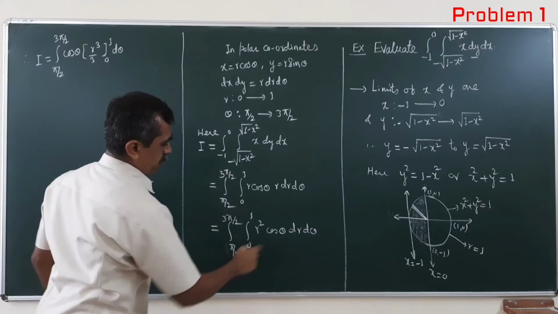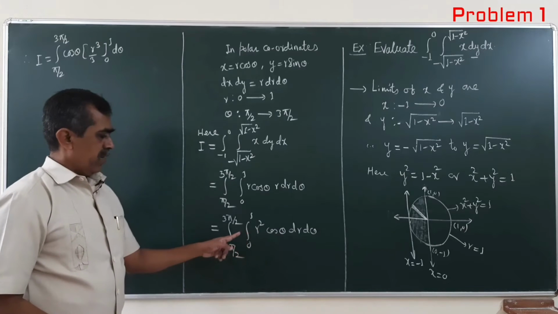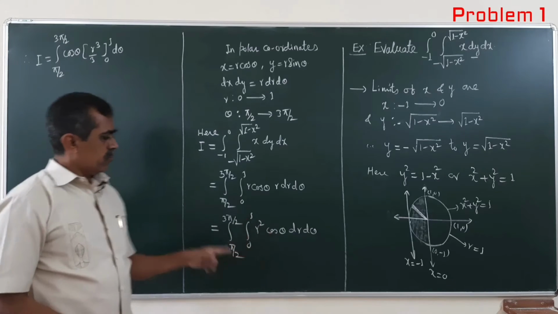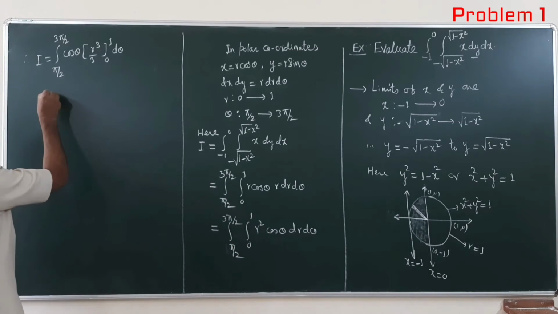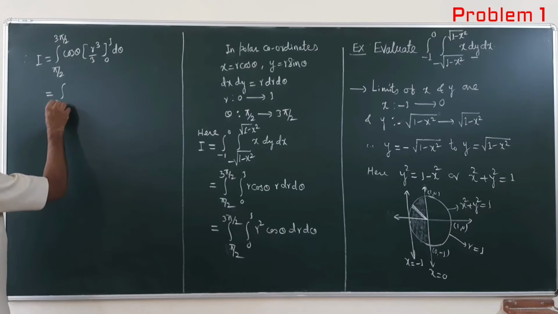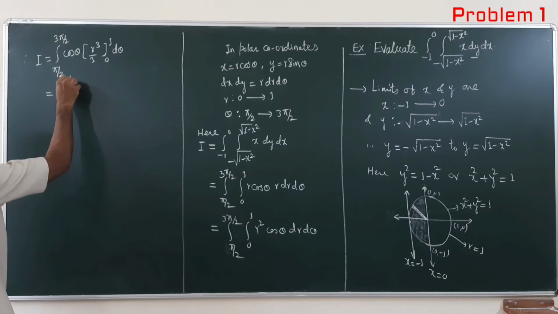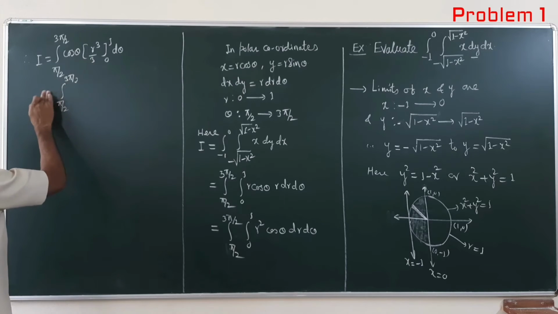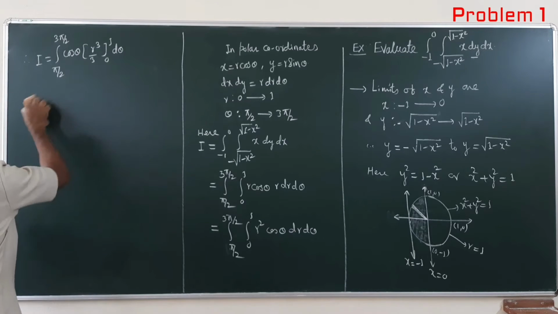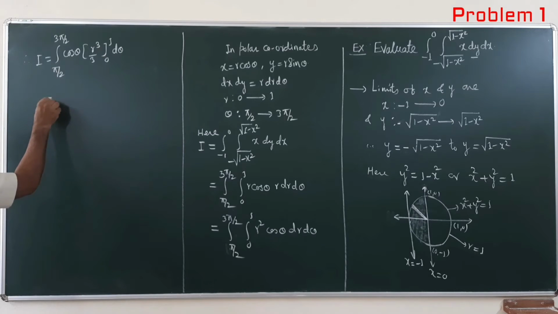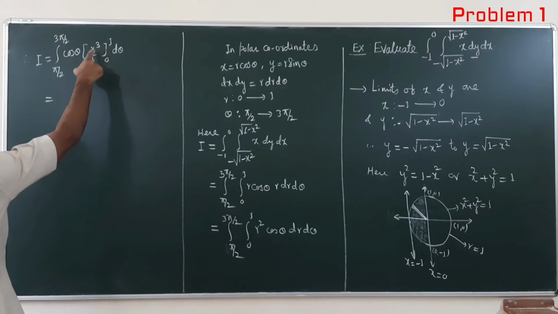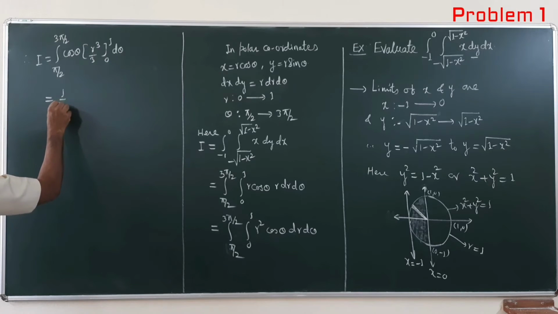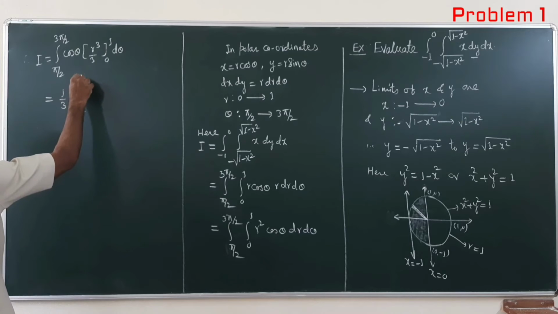Now we will directly write the answer. What is r cube by 3? Just put upper limit 1 by 3, lower limit 0. So simply 1 by 3 integral pi by 2 to 3 pi by 2